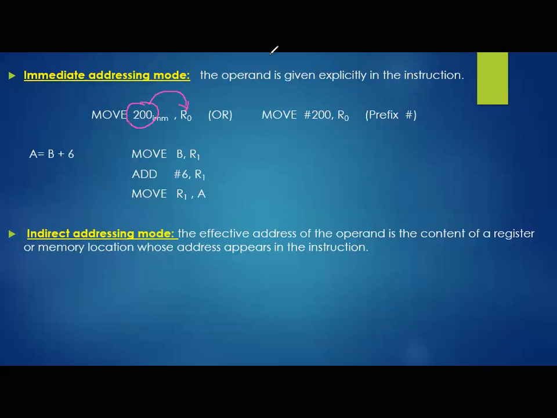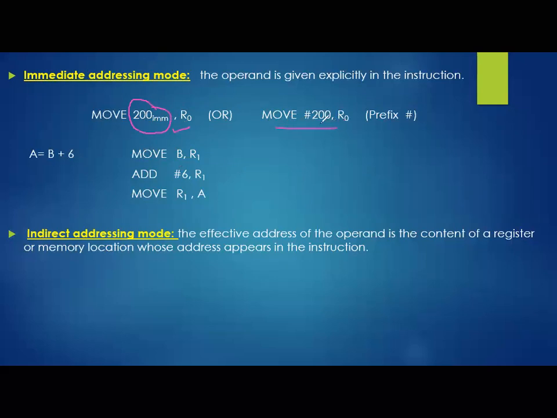We got two options. The first one, we call it the direct value with a base IMM. Then this will be treated as a value. It will not be treated as an address. So 200 will be shifted to R naught. Or we have one more. This is out of practice; we don't use this kind of syntax in our instructions. But this one is best.